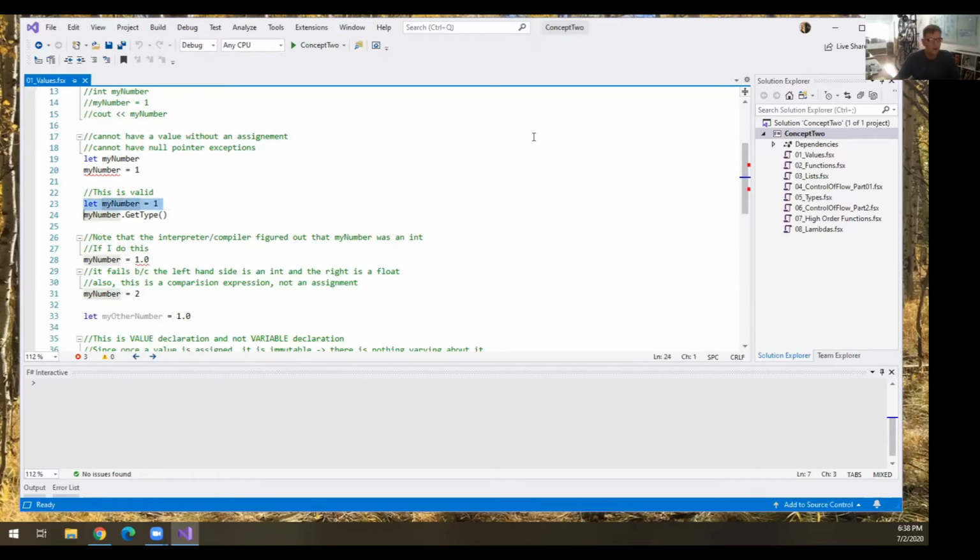So let my number equal 1 creates a value of 1. And the other cool thing about F# is that it is an inferred typed language. Right? We have a type system. We use reference types. We have customers. We have objects, blah, blah, blah. In addition, we don't have to declare them ahead of time because the interpreter can figure it out for us. So I don't have to type int32 my number. I'm just going to say, let my number equal 1. And then the interpreter or the compiler figures out that, oh, that must be 1. That must be an int.